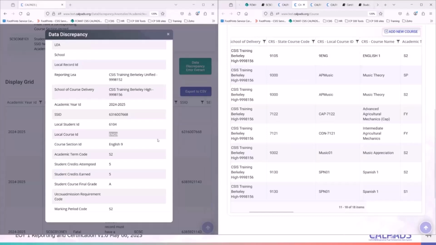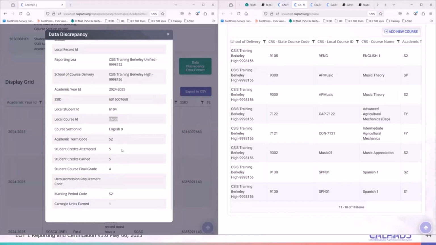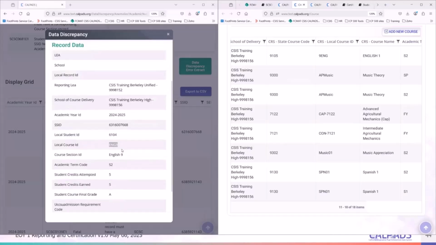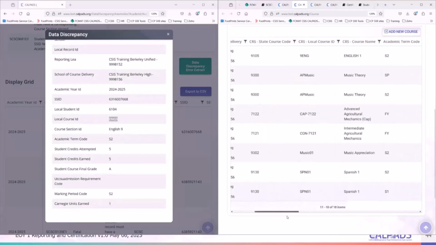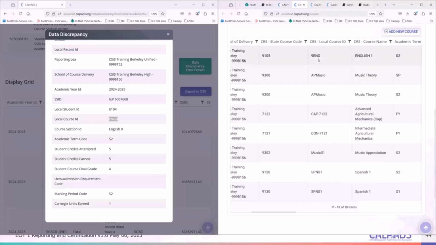So it's English 9, 9 English, and then of course semester 2. Even the course name is different, and the state course code is different. This is the reason why you have to compare what is in CalPads versus the rejected record.